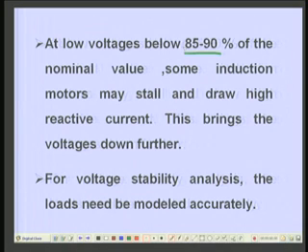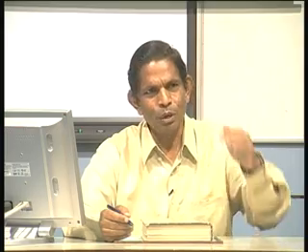And suppose an induction motor stalls and remains in the system, it will cause a further drop in voltage. However, most of these induction motors have magnetically operated contactors. So the moment the voltage is low, the contactors will open and trip the load. When the contactors open and trip the load, the voltage will be restored again, right. Therefore, this type of phenomenon takes place in the system: as voltage drops, when the load trips, voltage will again go up.